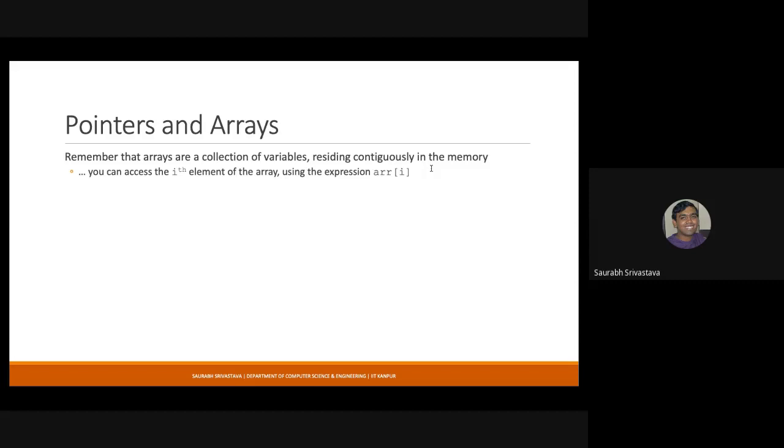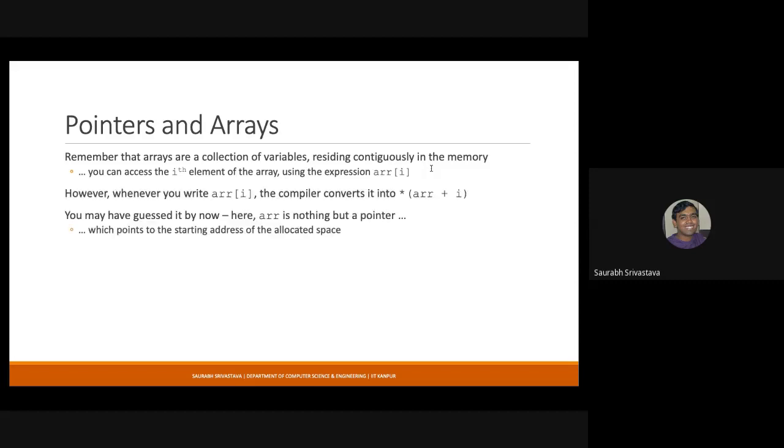And the reason for this is that arrays are essentially a kind of pointer constants. Why are they constants? Because they cannot actually be changed, right? So if ARR, for instance, is an array, you cannot modify this particular pointer to point to any other location. So things like ARR plus plus or ARR equal to ARR plus 2 are illegal. You cannot do that. It is a pointer, but it is a constant. You cannot change it once it gets created.